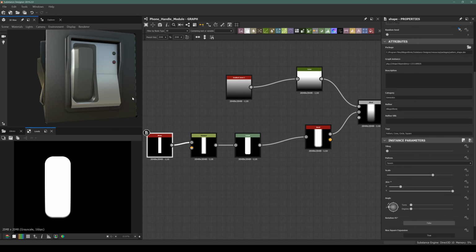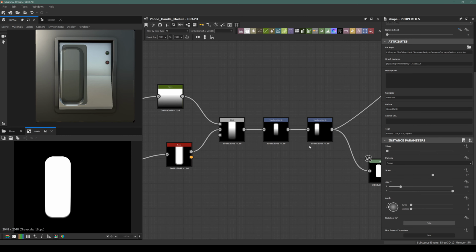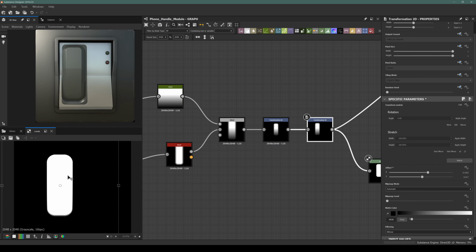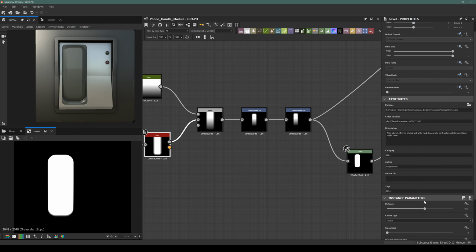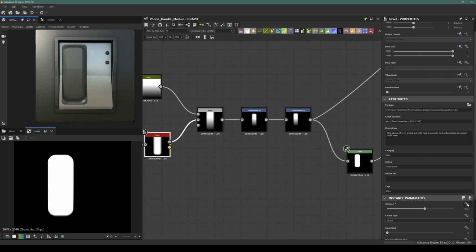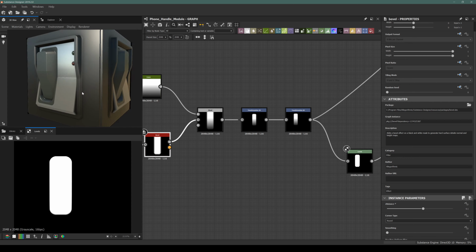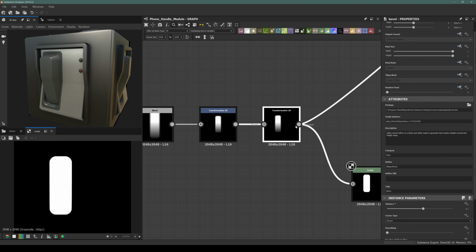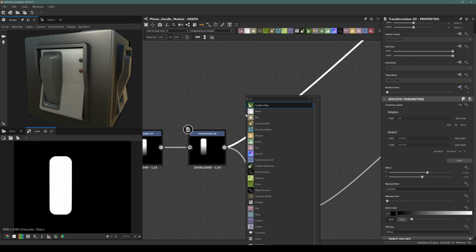Let's narrow the shape a little bit and make the positioning. Okay, we have too much bevel here. Sorry. Let's add by typing. Right, so our levels are too high